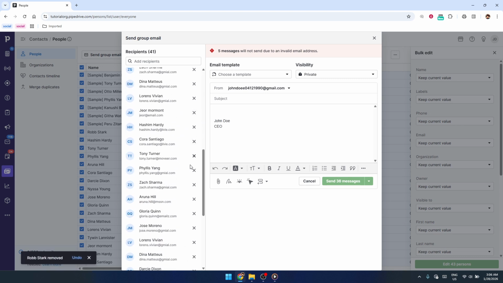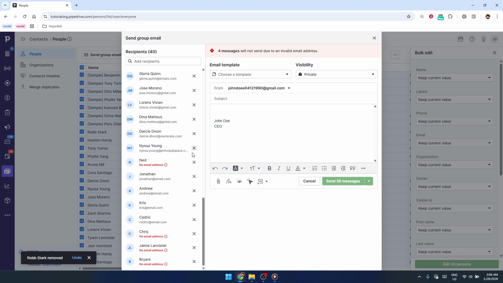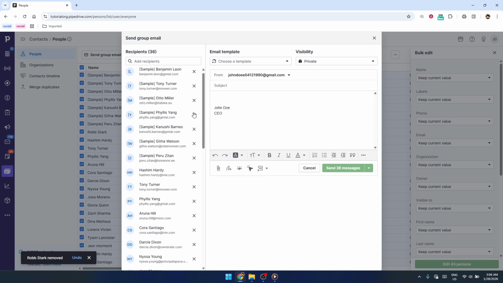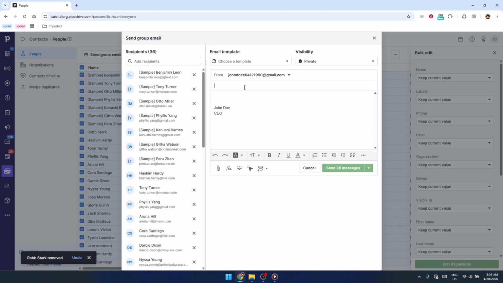Inside the composer, you can choose an existing email template if you've already set one up, or simply start typing your message from scratch. To make your emails feel more personal, use merge tags, such as the contact's first name or organization. These tags automatically pull in the correct details for each recipient, so every email looks like it was